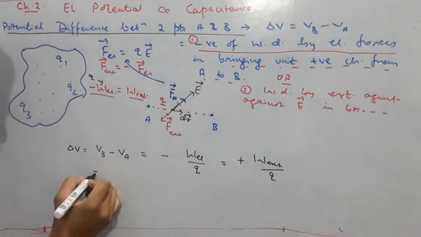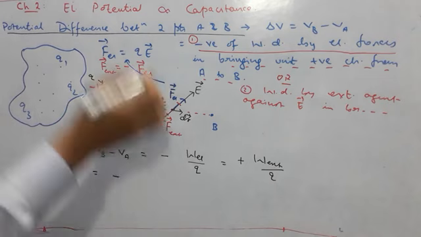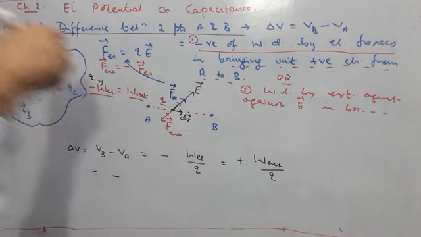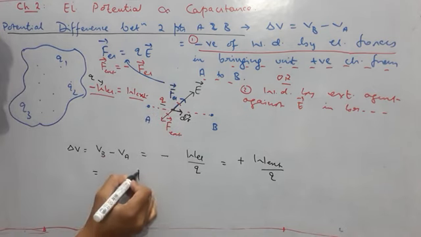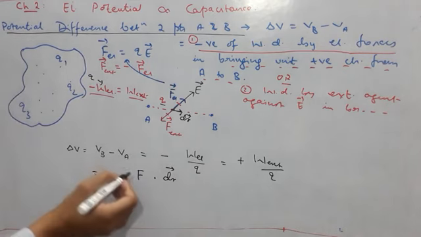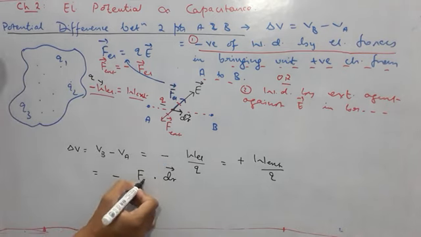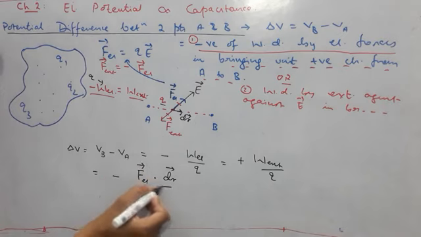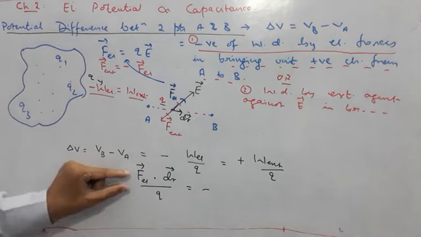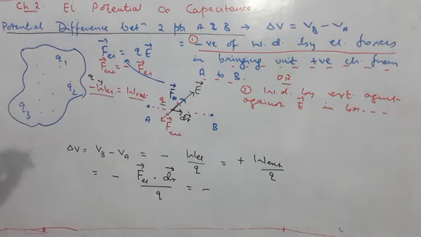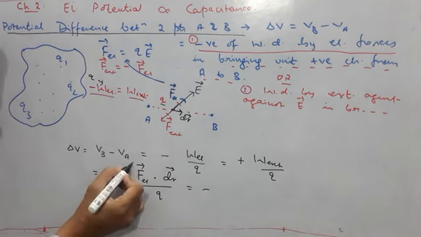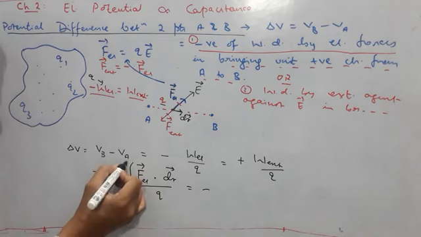Now let's see how we find that. How do you find work done by electrical forces? First find the small work done during this displacement. How do you find work? Work done is force dot displacement. Displacement is dr vector. Now which force? Electrical force, F_EL vector, and then we have to divide by Q. This is the work done during small displacement dr, but by definition we have to bring the unit positive charge from A to B. So for total work done, we have to integrate from point A to point B.